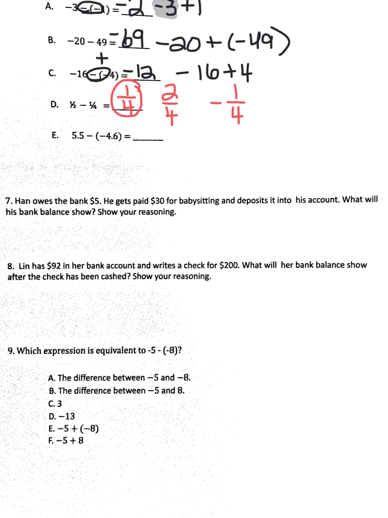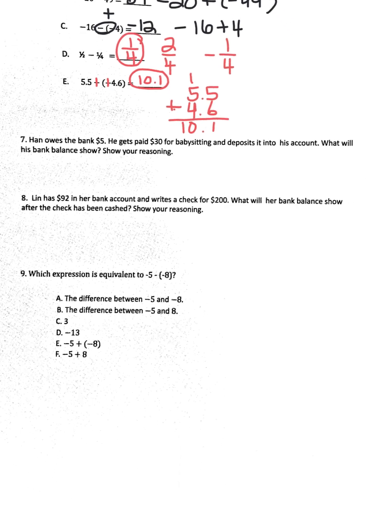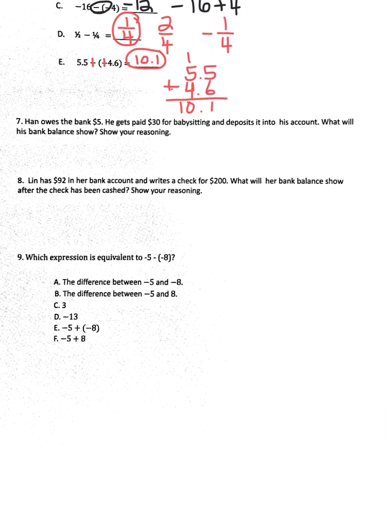All right, last one. Subtracting is the same as adding the opposite. So look, they both become plus signs, and I can add them as normal because it's just 2 decimals. So line up the tens place, and then 10.1 is our total. All right, some real world scenarios here. We have